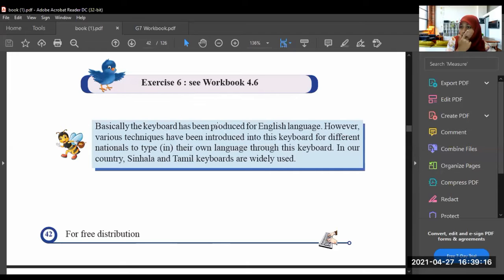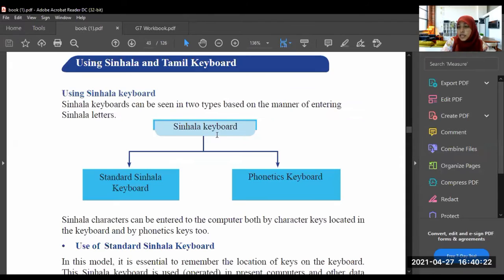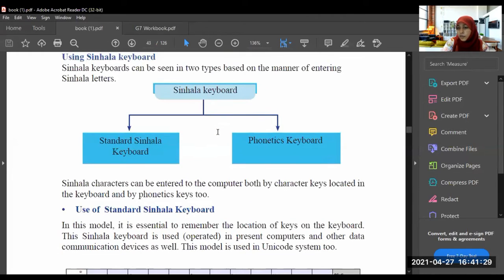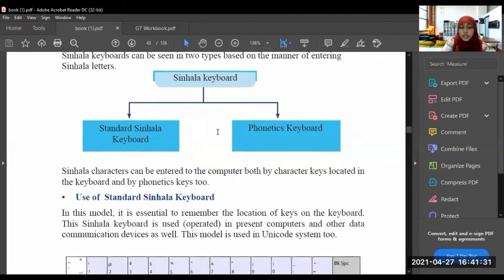If you are typing in Tamil, there is a technique in the keyboard, and by right, you should remember them by heart. I will tell you later what the Unicode system is.